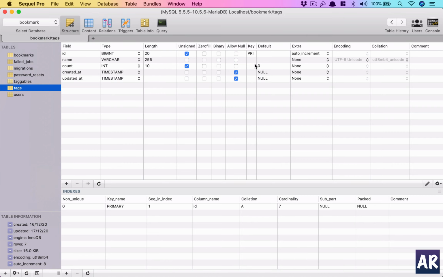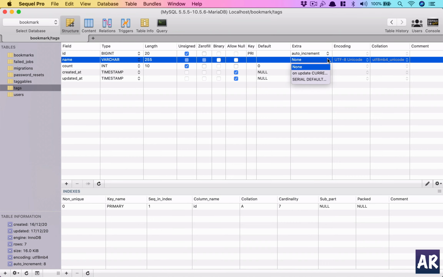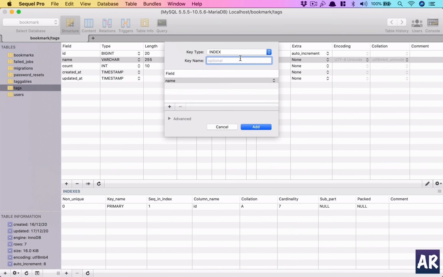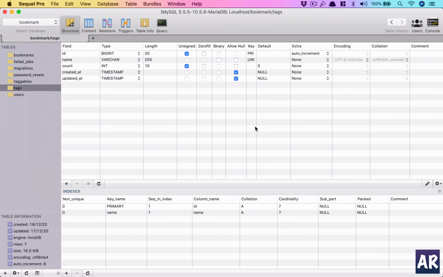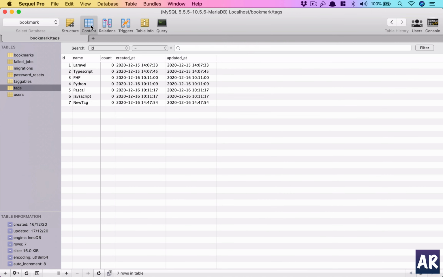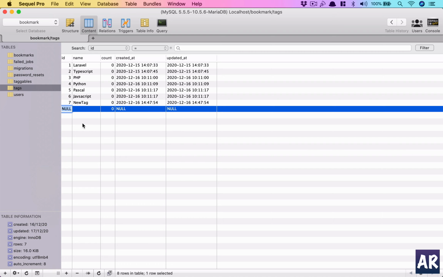And for now, I'm doing this through the interface itself because I'm not trying to rerun the migration. There is encoding correlation. Okay, index name. All right. So I think now what will happen is I can't create a new tag. If I try to do a new tag,